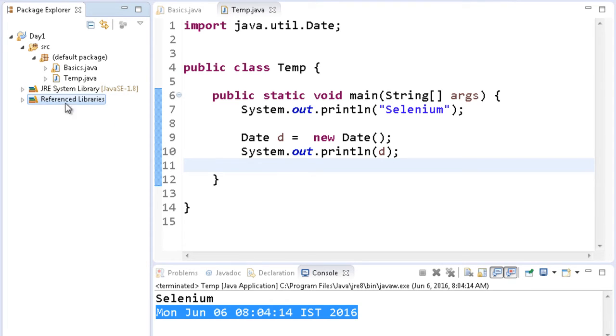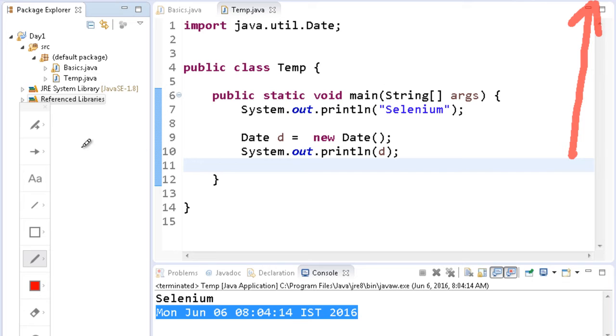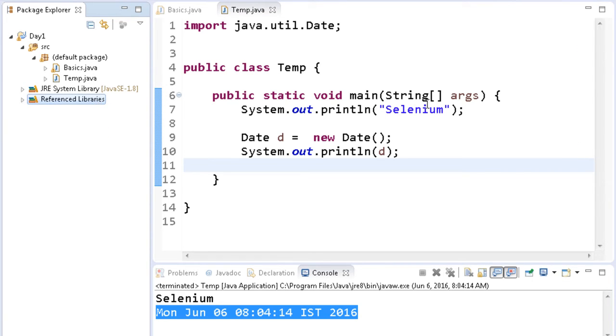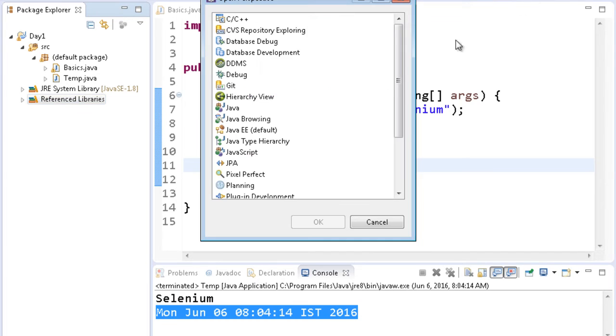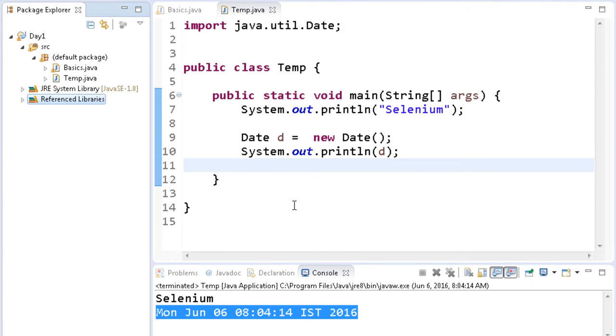Make sure you are in the Java perspective, then only you will see this reference library section. If you don't see the Java perspective, you can select the open perspective option in Eclipse and select Java from there.